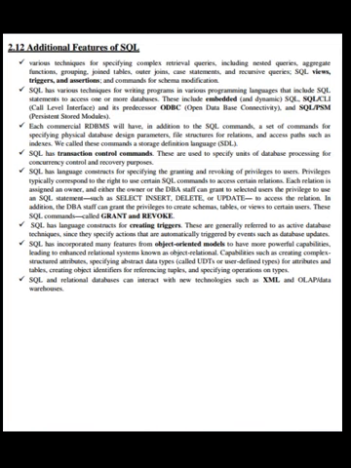SQL has language constructs for specifying the granting and revoking of privileges to users. Privileges typically correspond to the right to use certain SQL commands to access certain relations.